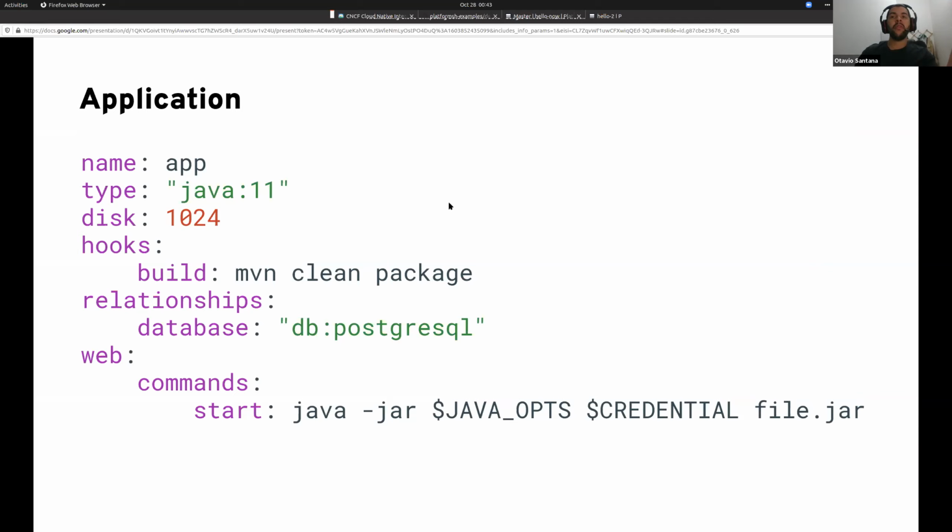If you remember, we need to handle three files. One to application, where we have the name, the type, the version, how to build, and how to run the application. And we also provide a relationship, because we need to make sure the right application has the access to the right database, or to the right application.